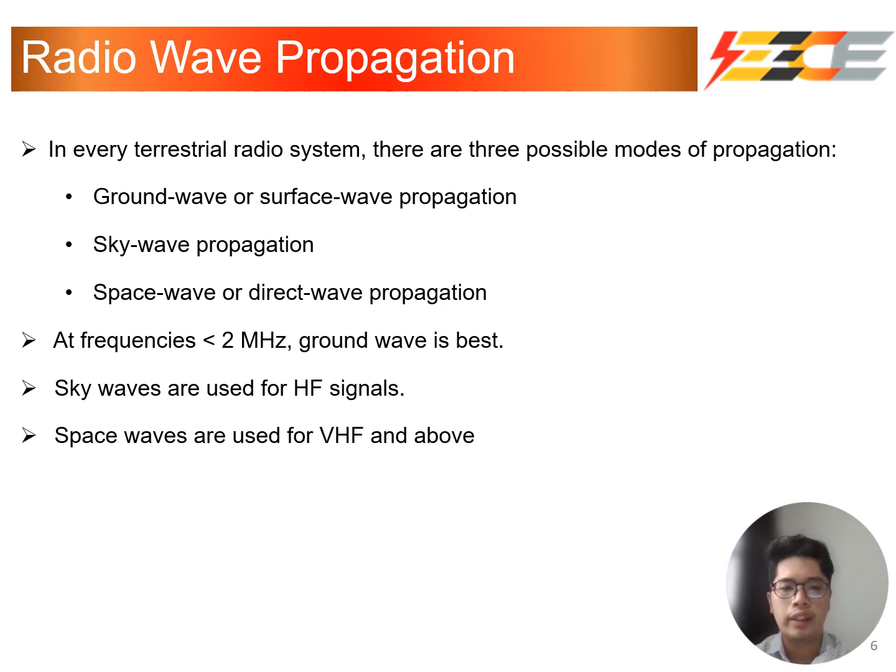Its advantages include that, if given enough power, it can circumvent the Earth and is relatively unaffected by atmospheric conditions. The disadvantages, however, are that it requires relatively high transmission power, requires large antennas since frequency is low, and ground losses vary considerably with terrain. Moving on to skywave propagation.